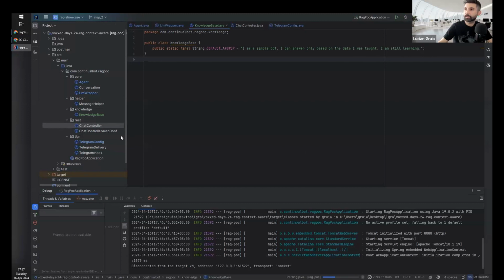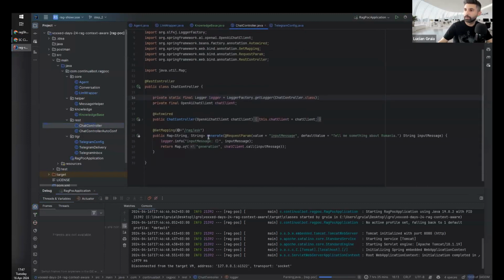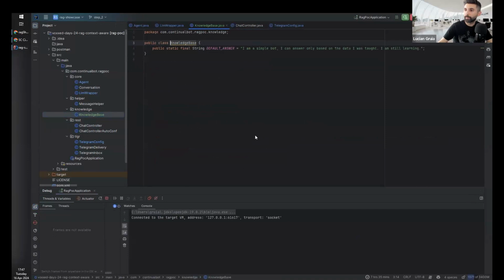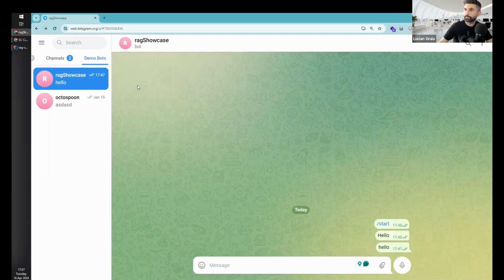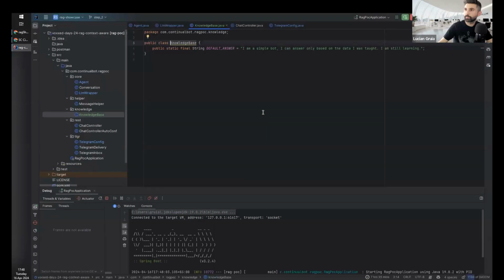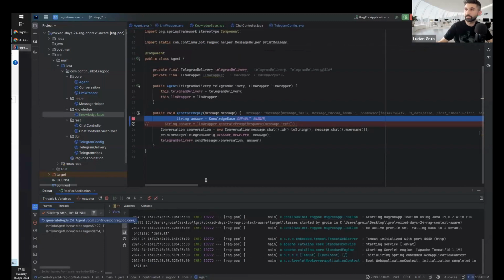Maybe let me restart the application. Okay, so for some reason, I have a lag here. I'm trying to switch the screens, and probably you will see it with some delays, but on my side, it works smoothly. So I'm trying not to switch very fast between the